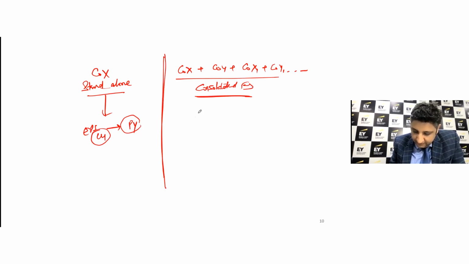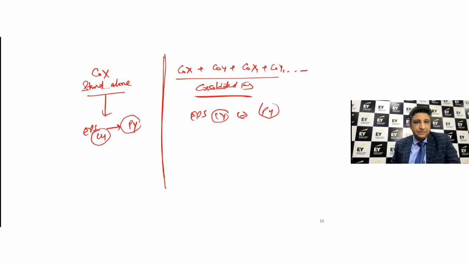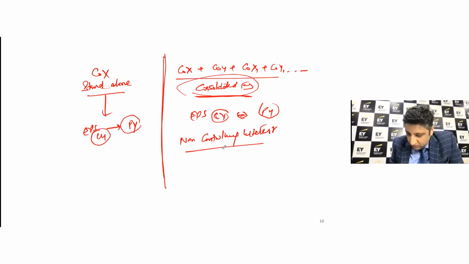So the EPS for the current year and the previous year also needs to be presented, right? Now, importantly, what you want to remember here is, in this context, the moment we say consolidated financial statements, we would also bring in the concept of non-controlling interest, right? Some shares that you don't own, from that particular subsidiary, for example.